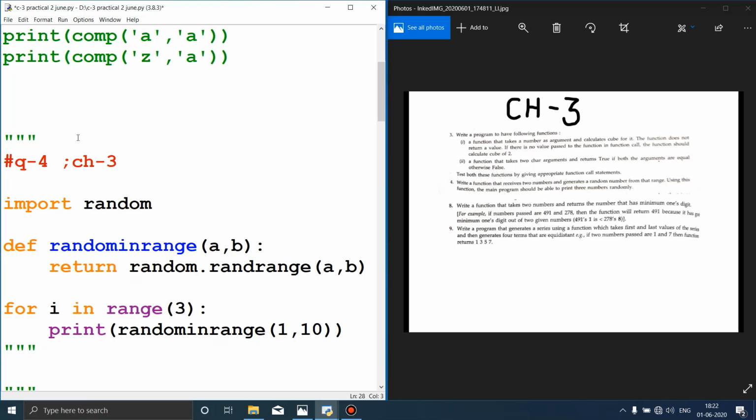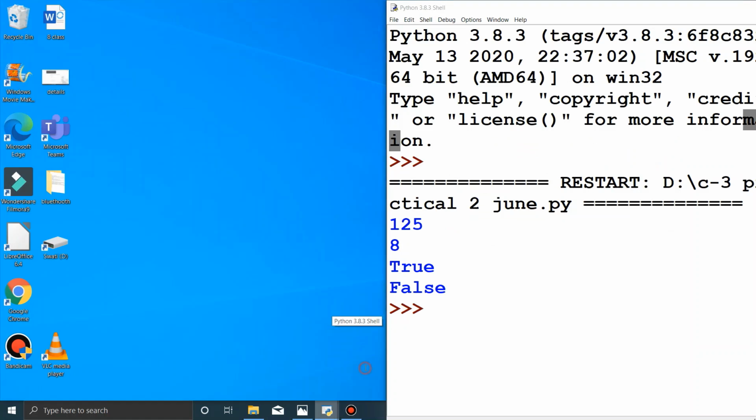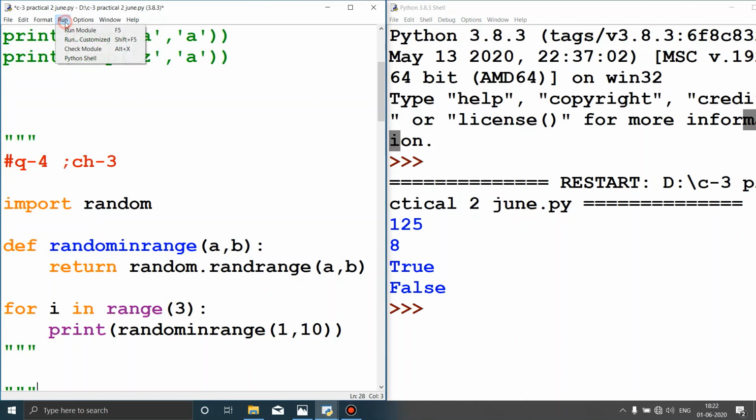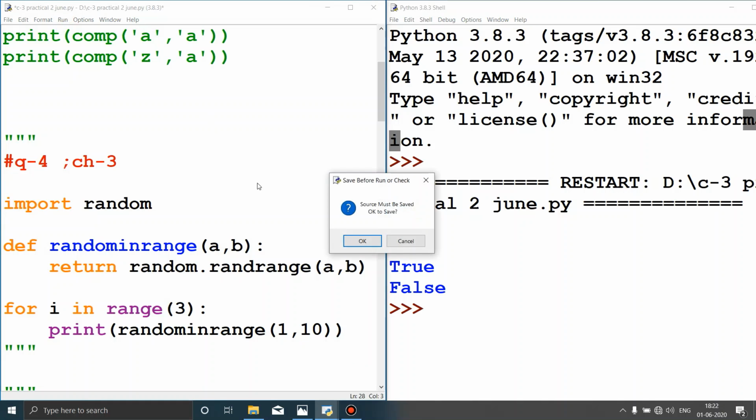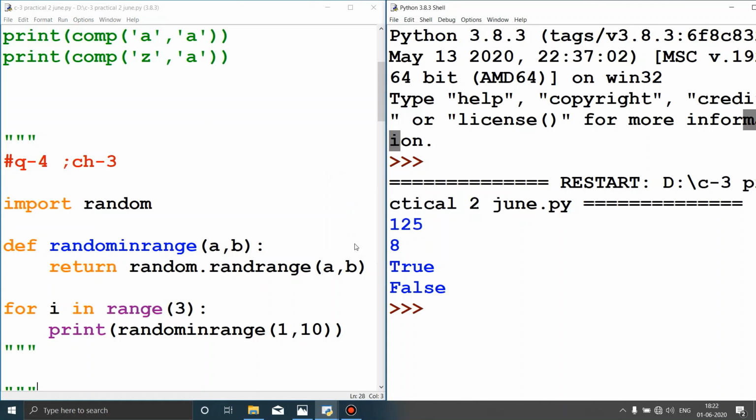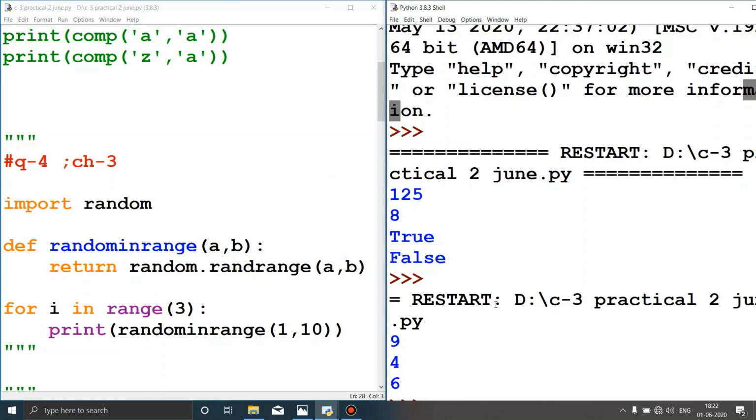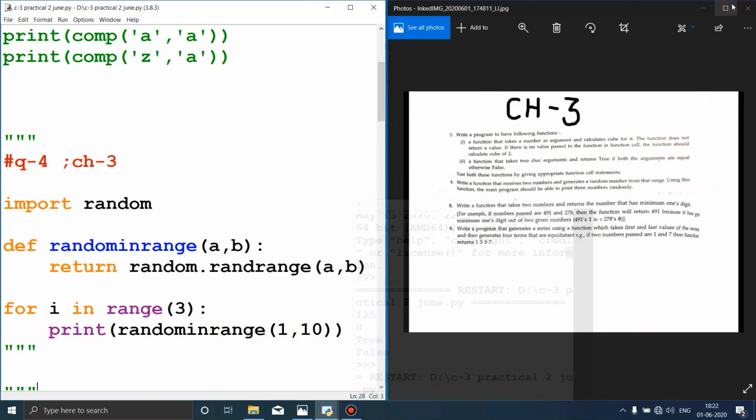So when you will run this program, what you will find, let us see that. You can see, it is giving me output 9, 4 and 6. So it has picked 3 numbers from 1 to 10 within this range, 9, 4, 6, 3 random numbers it has picked. Okay, so this is your outcome. I hope it is clear to you. Okay, now next question is write a function